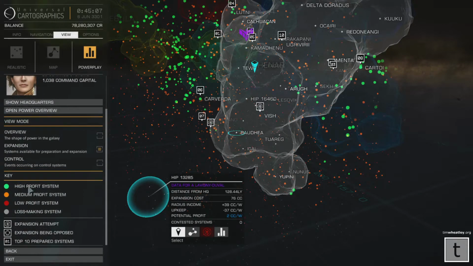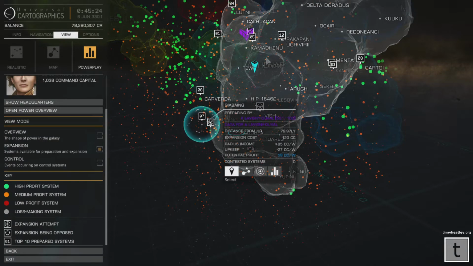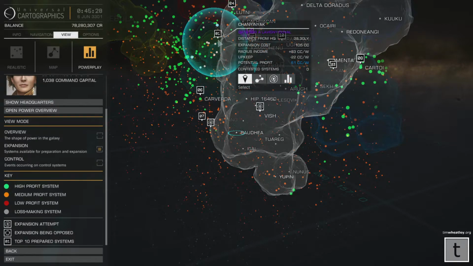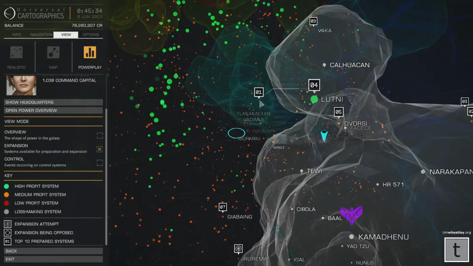And then you can see here, high profit system, medium profit, low profit, or a loss-making system. So those are best avoided, I assume. And then there's little icons for what's going on with each thing. Top 10 prepared systems are actually numbered. So this is number 6, that's number 7. So I assume if you went for this number 1 system,